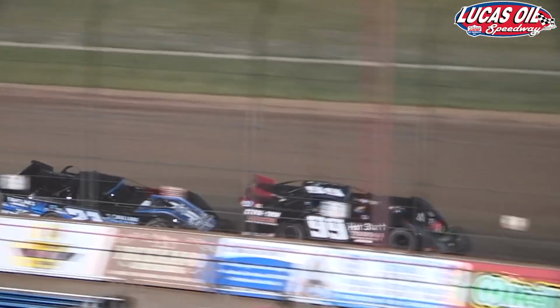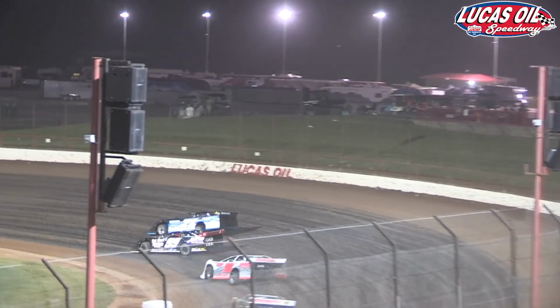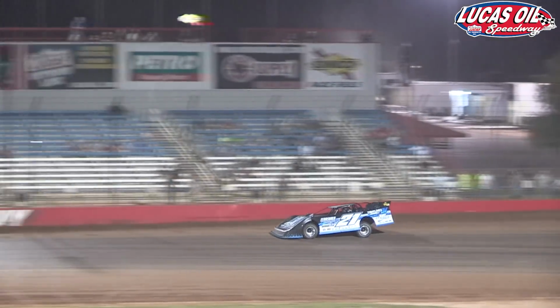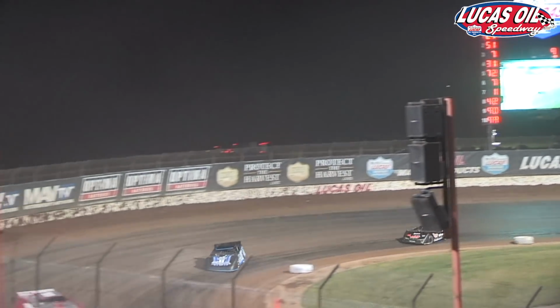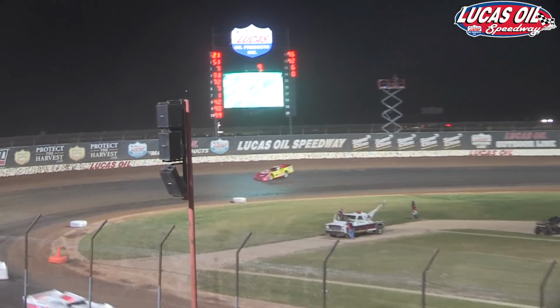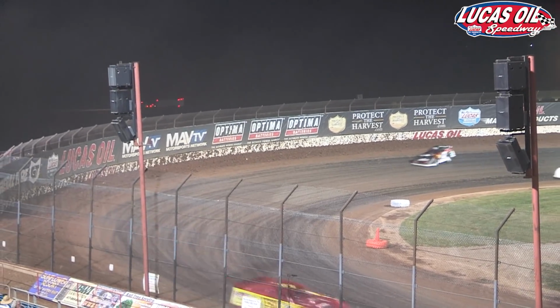Now you see it's Larry Jones, the number 99, as we have reached the midway point here in our 20-lap feature. Your current point leader is Cole Henson there in the number 31. He leads by 61 points. He's got 2 wins on the season. He won April 17th, won again on May 15th. So the chances of him not being a midseason champ here tonight, slim to none,